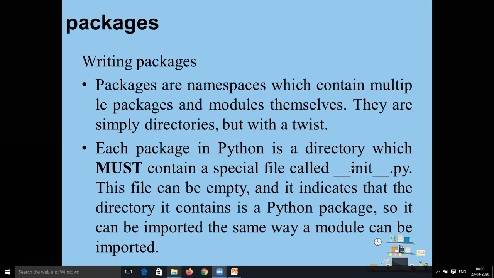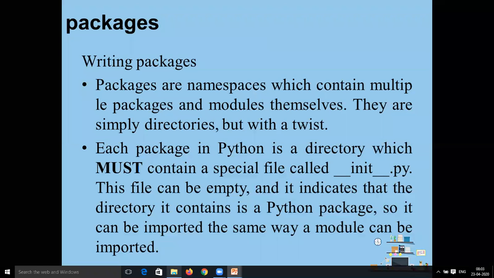So a folder will be treated as a package only when it contains the file __init__.py, and the file can be empty. It indicates that the directory it contains is a Python package, so it can be imported the same way as we import our modules.